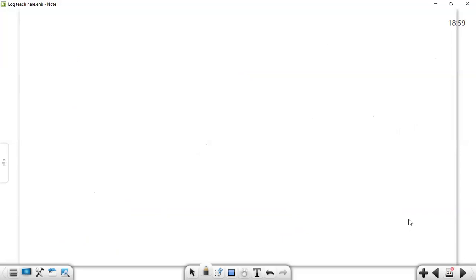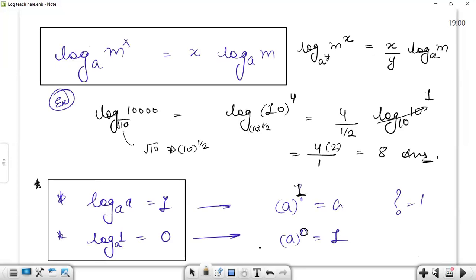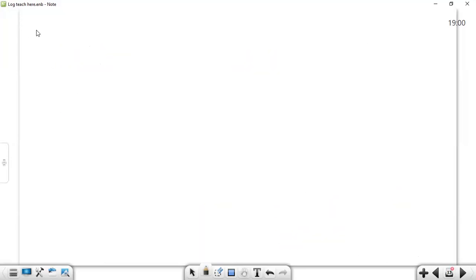Let's now discuss more properties. Now let's come on to the more complex properties. It says that a raised to power logarithm of x to the base a, let's calculate what its answer will be. How should we understand it? First, before that, there's a very important, very basic property. Logarithm of